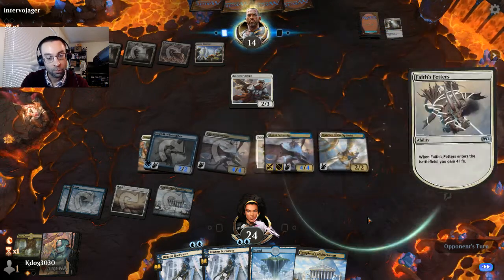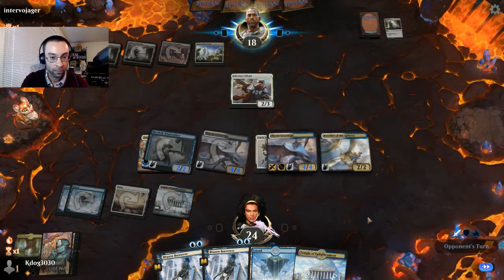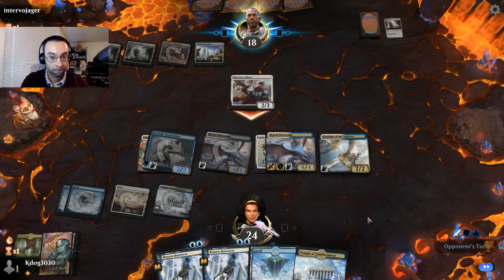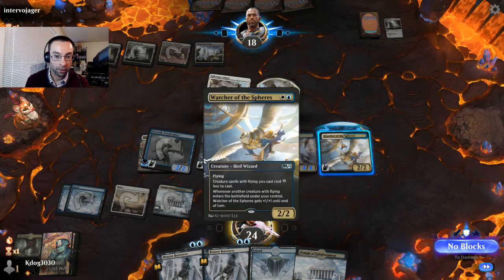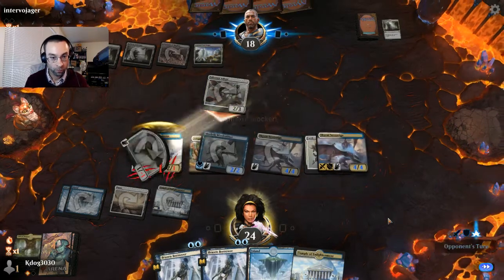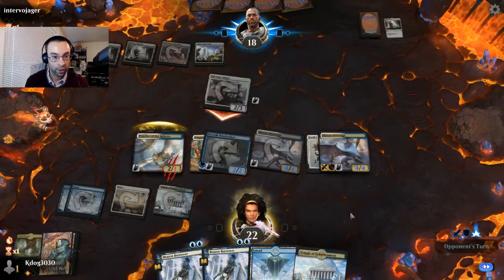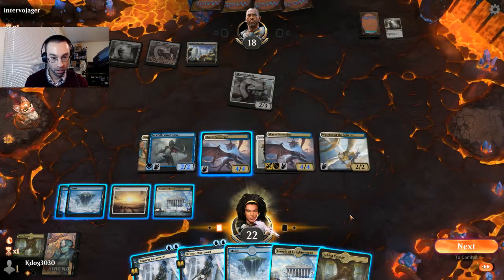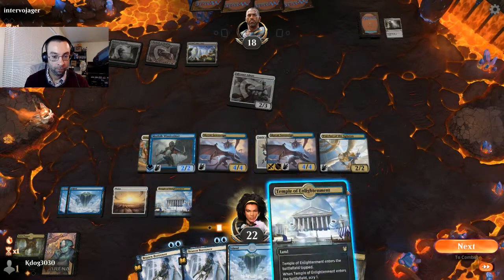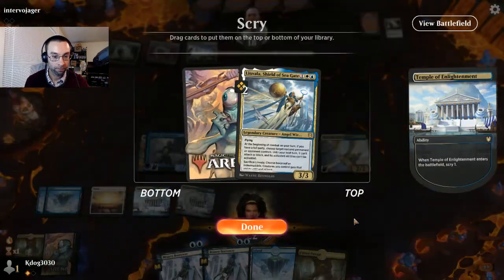Faith's Fetters, and they gain more life, so that's kind of annoying. Alright, we have a pretty easy block here on the 1/1. They get in for 2, trying to pressure life total since they can't really block with that. I think we Temple here, try to...